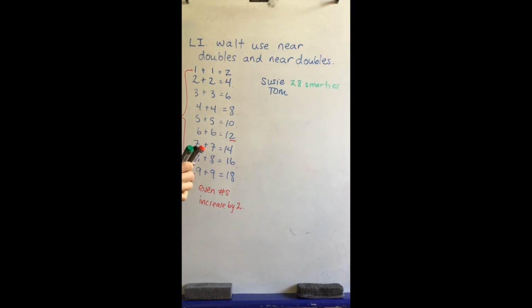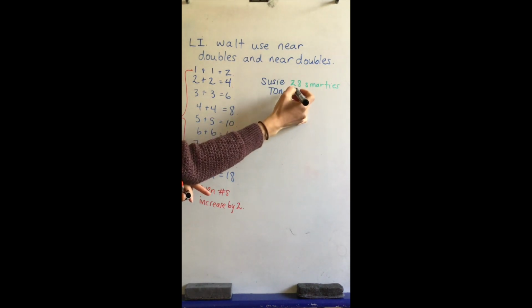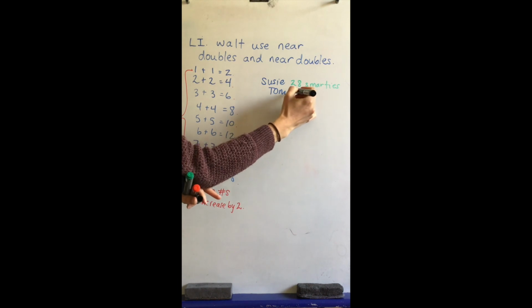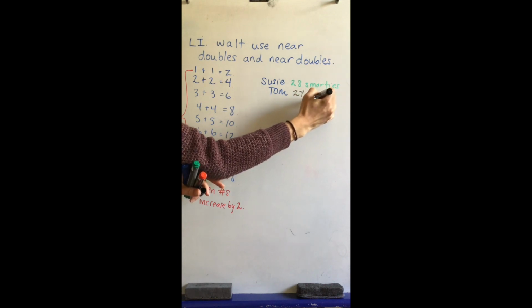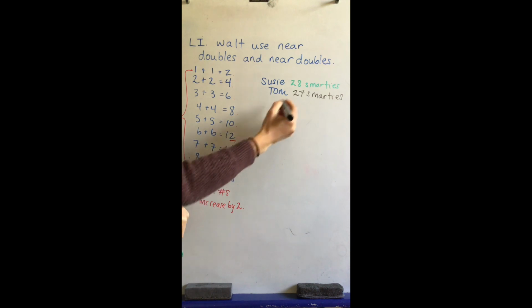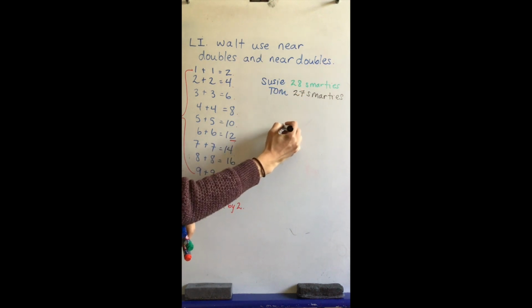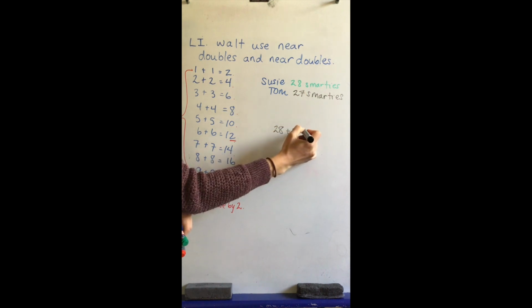Okay, and then Tom comes to school and he has, let's see, 27 Smarties. Okay. So we want to add them together, so we've got 28, add 27,